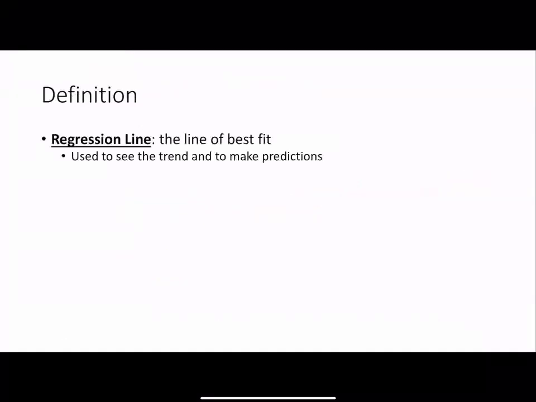Now, let's define what a regression line is. A regression line is what we also call the line of best fit, and it's used to see the trend to make predictions. So what it normally looks like is